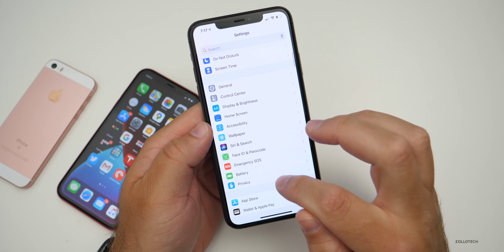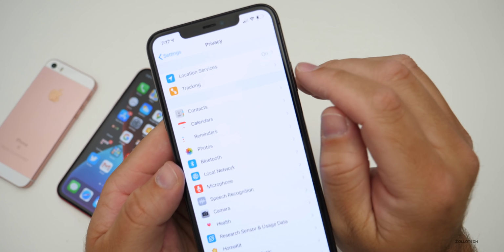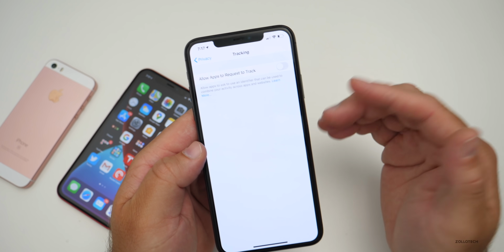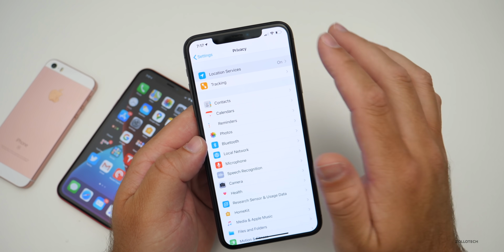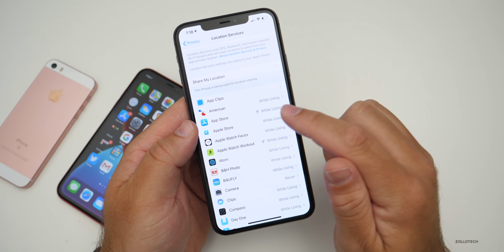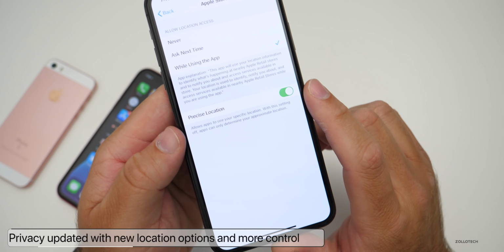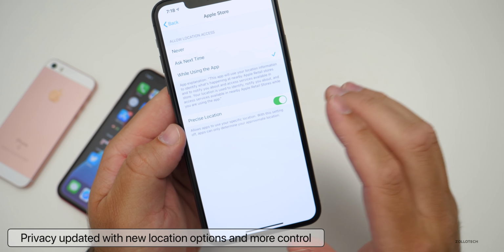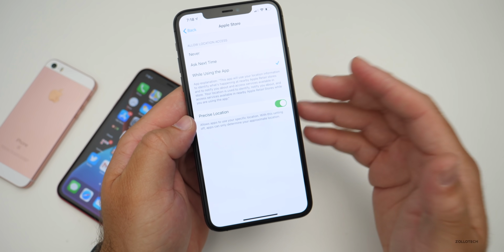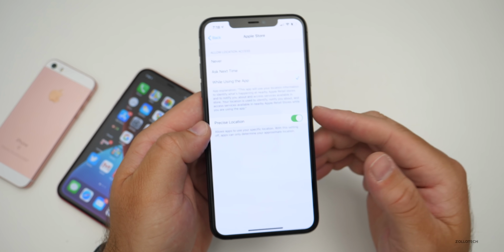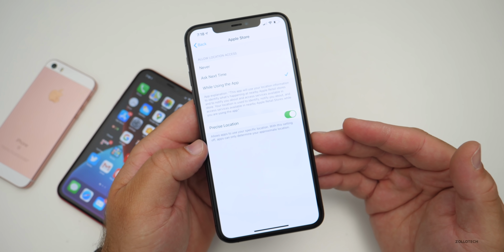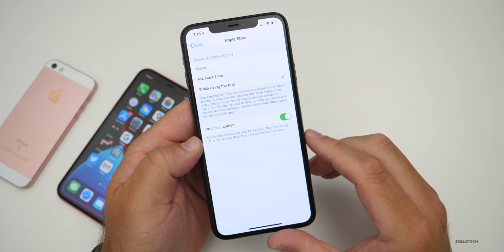Now there are some new privacy options as well when you go into different apps. You'll see there's tracking here at the top, and we can allow apps to request to track, or we can just say don't request at all, I don't want you tracking me. Under Location Services, for example, you've got different applications, and there are some new options for this. So the Apple Store, for example, we can allow it to have our precise location or give it a general location as to where we are. So maybe you want it to know that we're in a general metro area, or maybe we want it to know exactly where we are. It depends on what application you're using. Maps, of course, you would want the precise location because you want to know where you are and where you're going. Maybe other apps you don't, so you have that option.